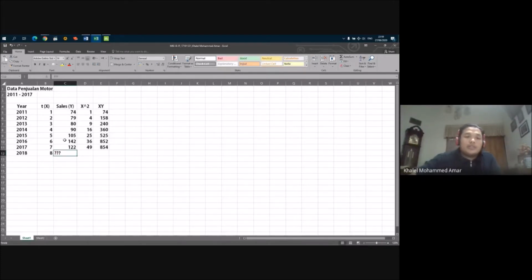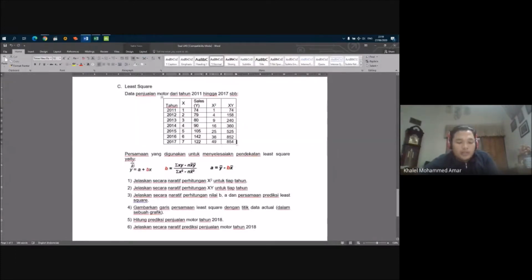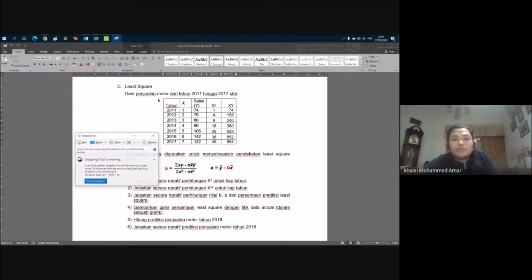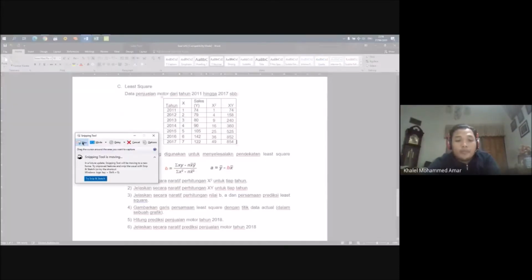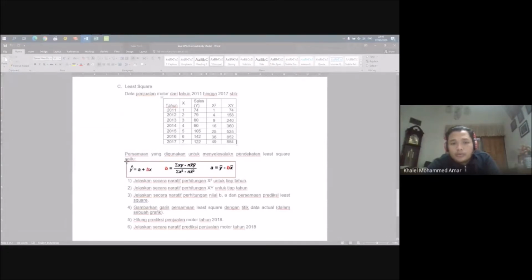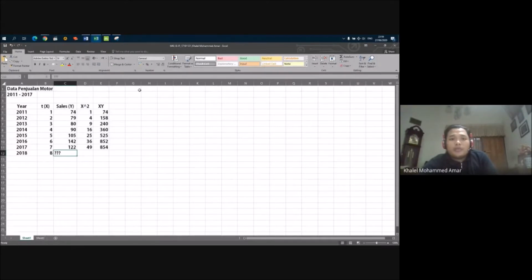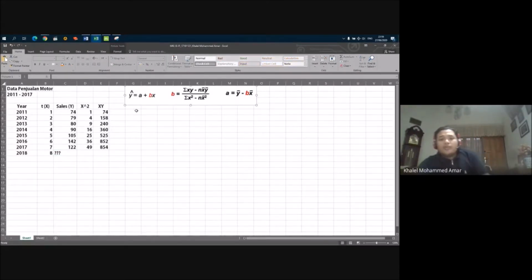What is this value? So first we need to copy this formula to Microsoft Excel. I will use the snipping tool here, and copy it to our Excel. So we have got the formula here.